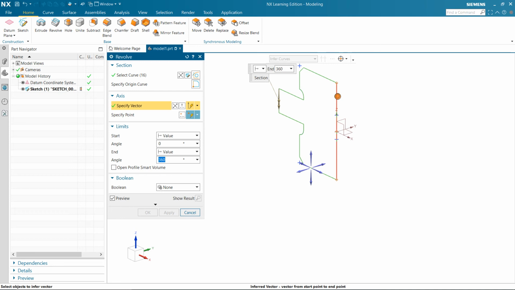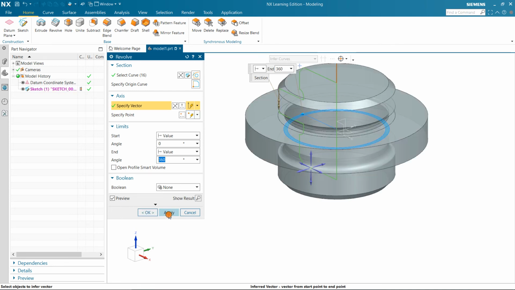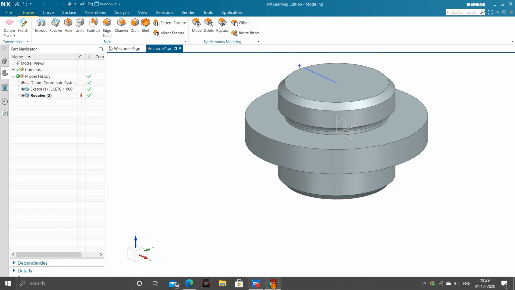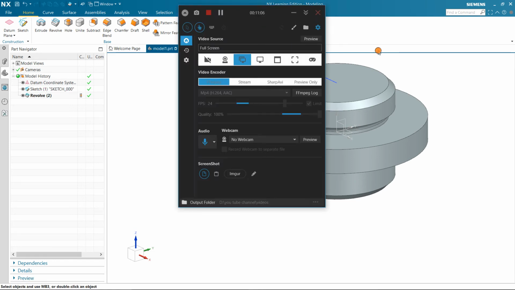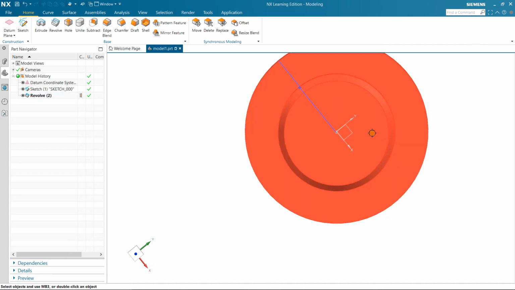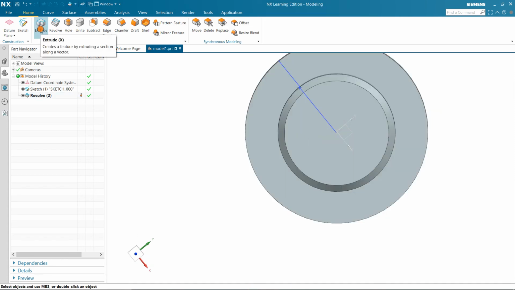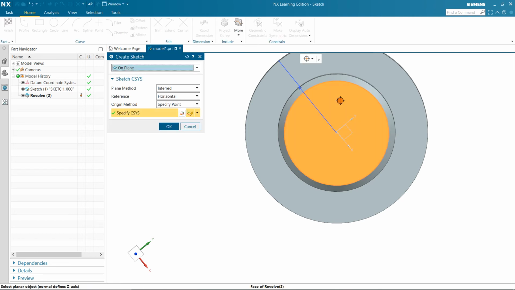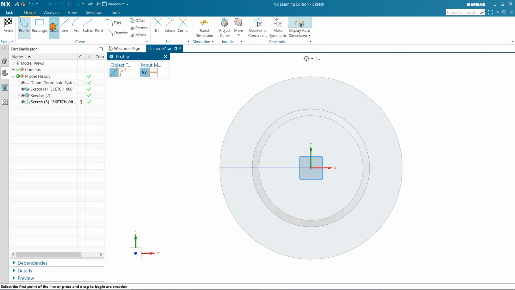Now I have to draw a circle and then just pocket it. So I am clicking on sketch and then click on the plane here, click on OK. Now select the circle, select the center. See, you have to take care that every sketch that you draw must be started from the origin, then it will be automatically constrained, and it will be good to you, so that you don't need to specify dimensions every time if you start with the origin.